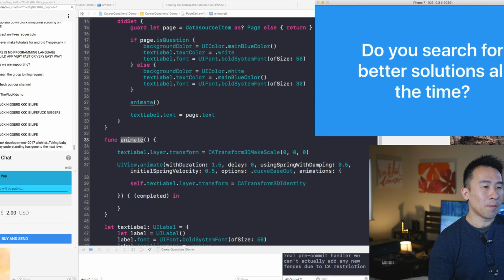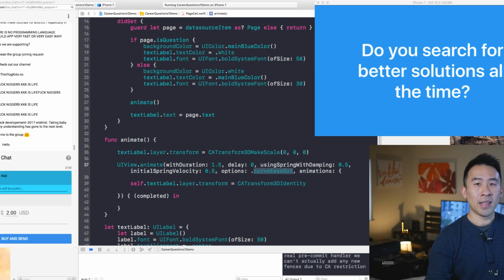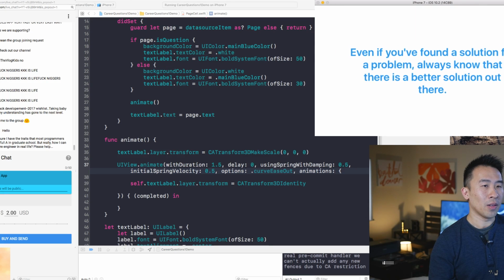The way you get the bounce to occur inside of the label is to just use spring damping with 0.5 and initial spring velocity of 0.5. And the way that it's easing in and easing out is to use curve ease out, which will get you that little bouncy slowdown.